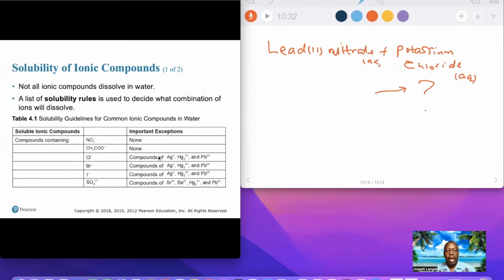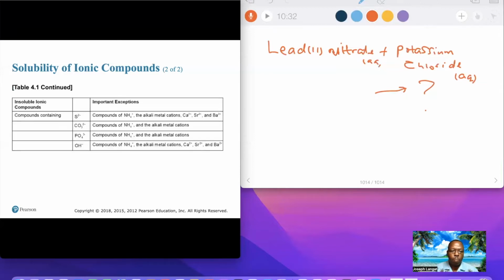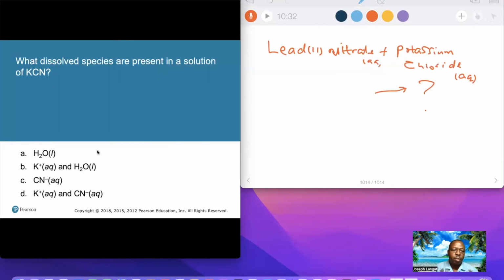All chlorides are soluble except silver chloride, mercury(II) chloride, and lead(II) chloride. These are the rules you are expected to memorize. For compounds containing sulfide, look at the exceptions. For compounds containing carbonate, look at the exceptions. All right. So before we look at the example here,